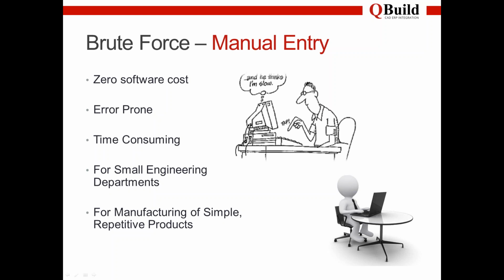So the issues are pretty clear with that. It's a highly error-prone process for someone to be manually keying in part numbers and descriptions and quantities. It's highly time-consuming, of course, and really, it's only okay for small engineering departments or if you have very simple bills of materials. But from our experience with our customers,